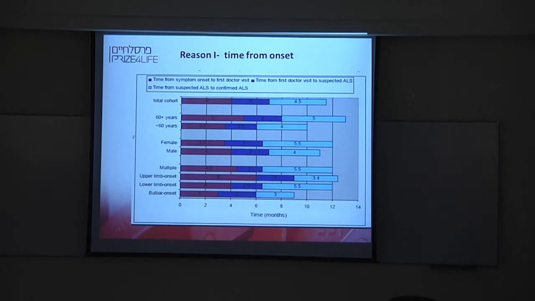So it depends, it depends on their age. Typically younger patients go to see the doctor faster, are more disturbed about weakness in a limb. But this can take a long time, and maybe this has affected our ability to improve the status of these patients.